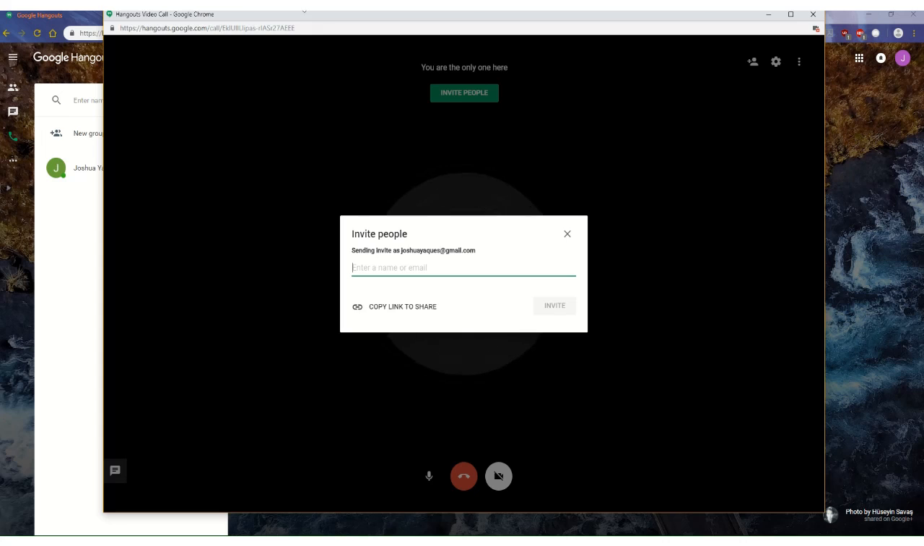Now with the call open, it will have a window that has its own URL, and so on and so forth. And the first thing it'll ask when you open a video call with no one else in it, as in you weren't invited into it, is to invite other people so you're not alone in it. Because most likely you're in a video call because